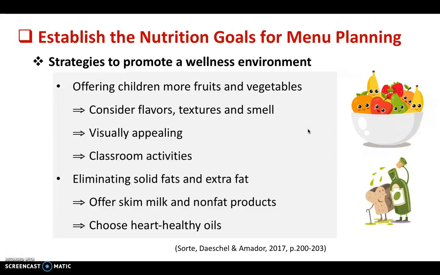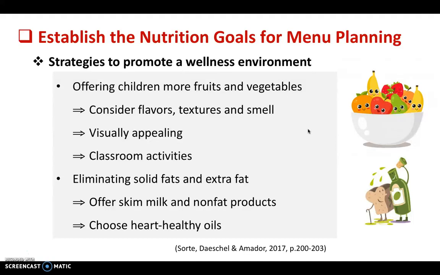Elimination of unnecessary sugar and extra fat is also a good strategy to help promote a healthy weight and reduce the risk of obesity in children. Small changes, such as offering skim milk and non-fat products, can make a big difference over the long run. And when cooking with oil, it can help to select